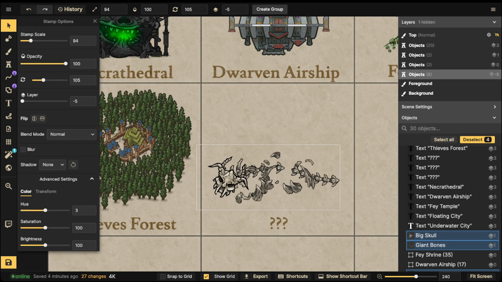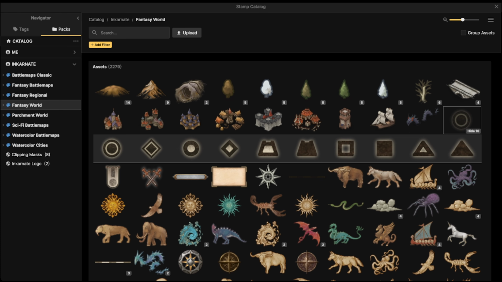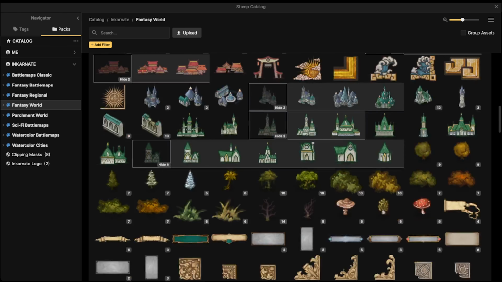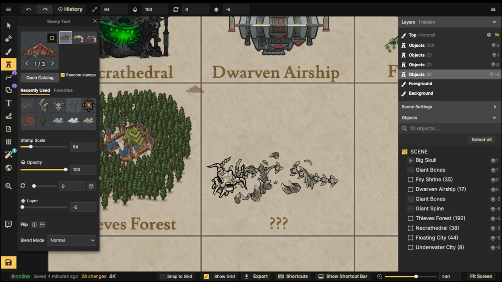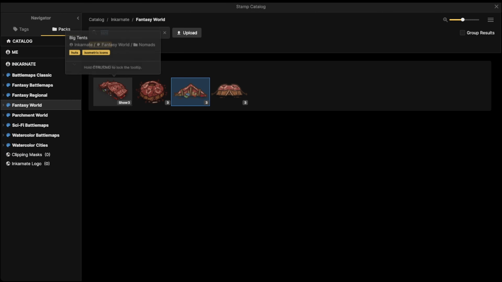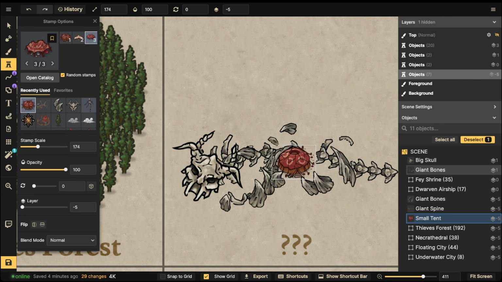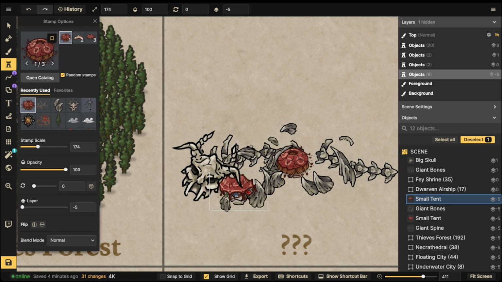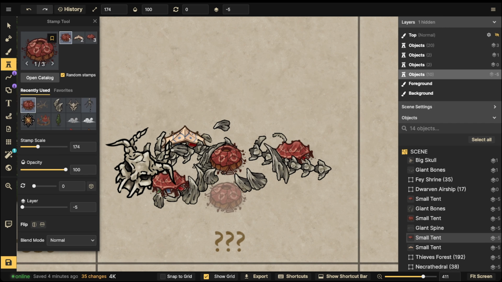There we go. And then what I'll do from here is I can start placing some buildings inside of it. So we'll go back to Fantasy World. I think there are some merchant type camps that might work here, and the tents. Also, let me type in tent. Some of these might work, these tents right here. I'm not sure if isometric will work better or not. We can place them in here. Like one can be placed right here up against here. Let's place another one right in here by the head. Let's maybe place another one in the back right here, another one here in the back, and then another circular